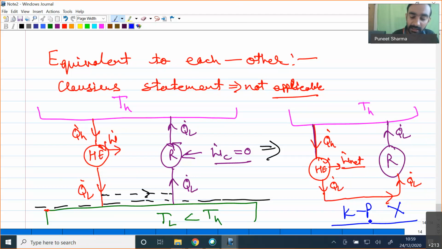Now you can take one example the other way: initially you assume that the Kelvin-Planck statement is violated, and then you show that the Clausius statement will also not be applicable for your system. Okay, so you try this on your own, otherwise we will see in our